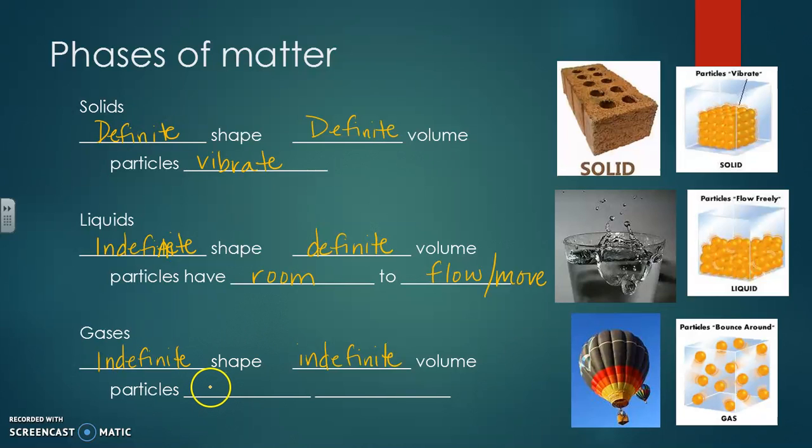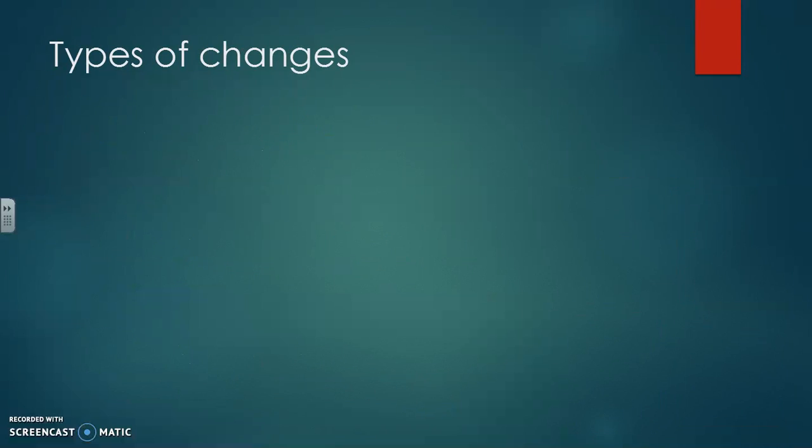And the particles are just all over the place. Fast moving, and they're constantly moving. They're not like going down the hall and then they see their best friend and they turn and go to their best friend. No, these gas particles keep going until they run into something and then they bounce and go somewhere else. It's kind of like bumper cars without a steering wheel. So these particles are going fast, they hit a wall, they bounce off, they go somewhere else. They hit something, they bounce off, they go somewhere else. That's what gas particles are doing.